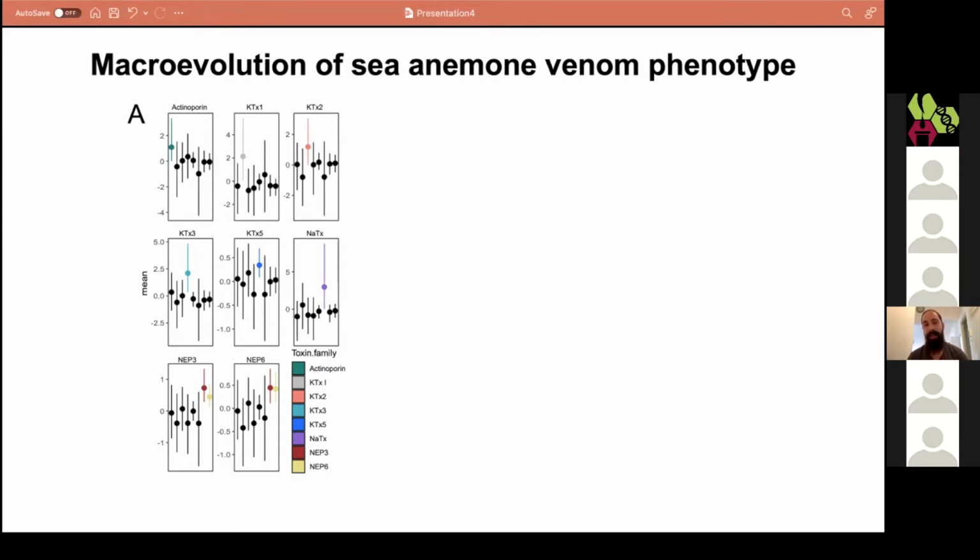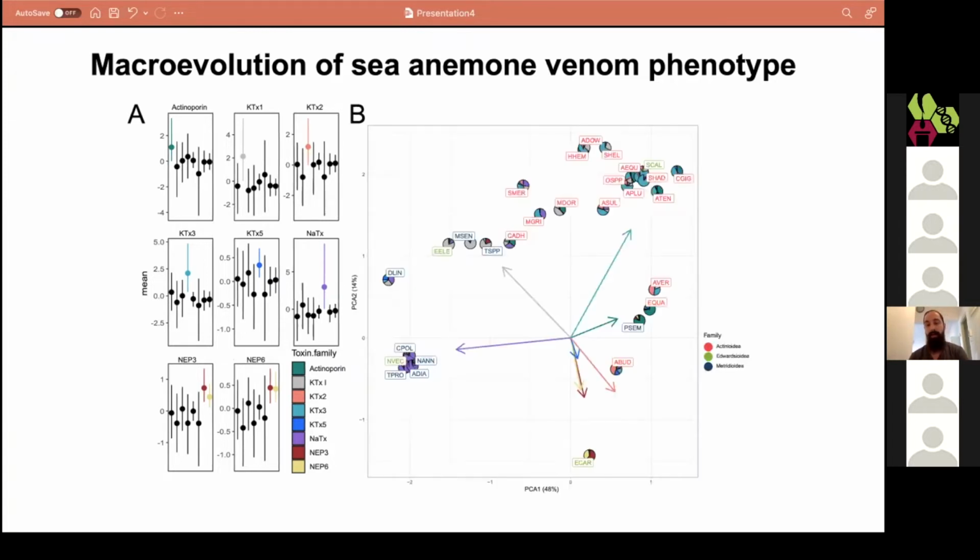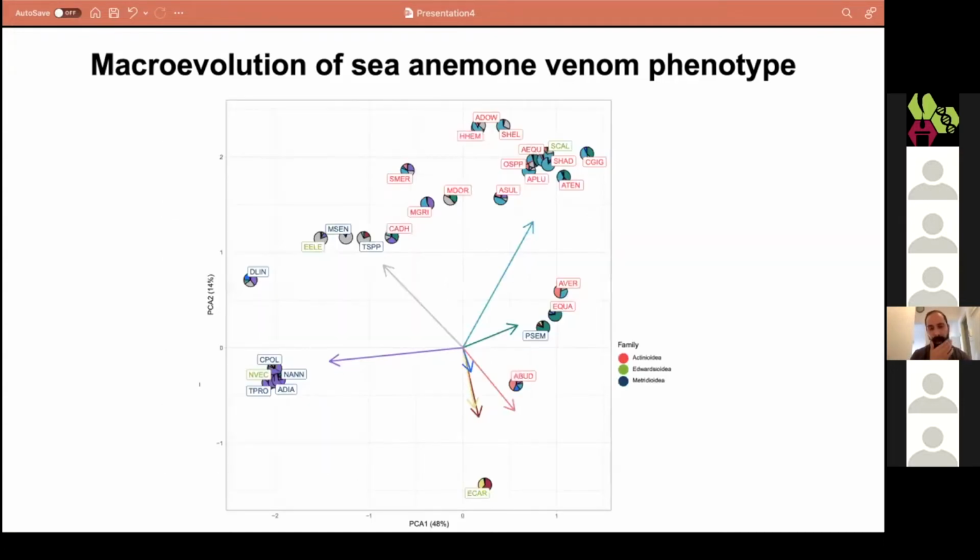We then could take this phylogenetic covariance analysis and plot it using PCA, or principal component analysis, to reconstruct the phylomorphospace of the sea anemone venom phenotype. When we look at this phylomorphospace, or this PCA analysis, first we see that the venom phenotype in sea anemones has relatively low dimensionality, meaning that only the first 2 components explain more than 60% of the